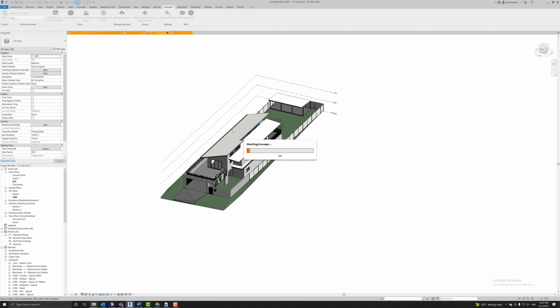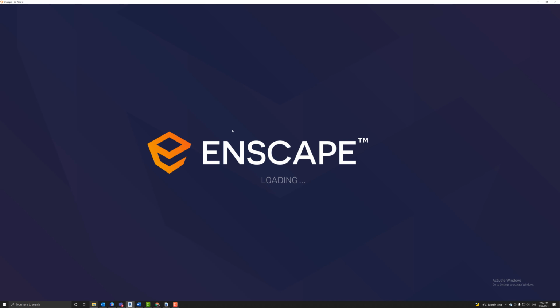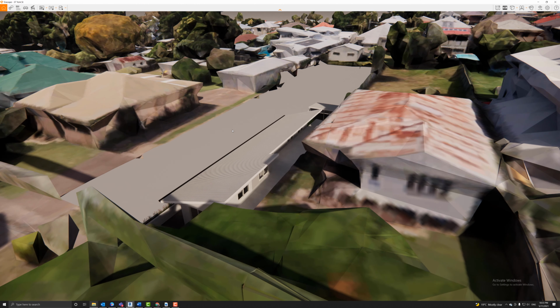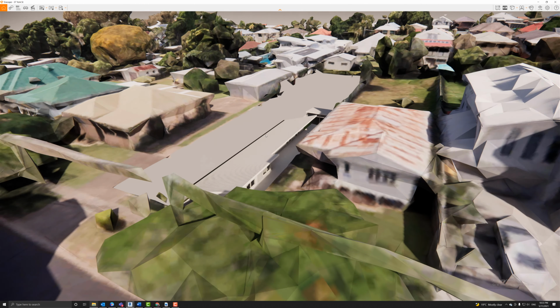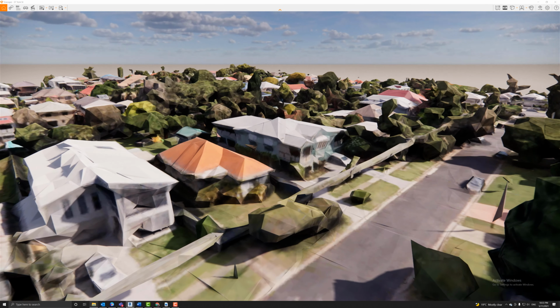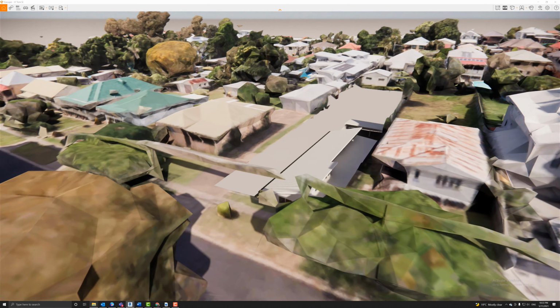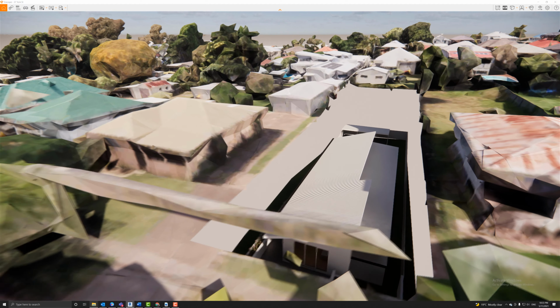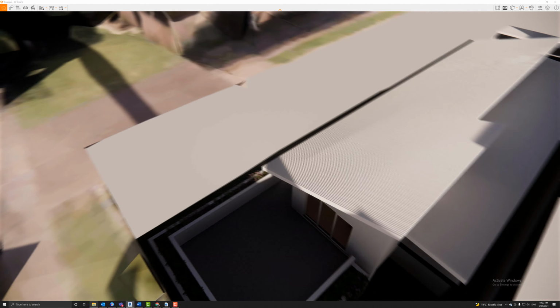Now it is a fairly big asset, so Enscape might take a little while to load depending on how powerful your computer is and how massive the site that you tried to capture and bring in is. And we have all context in Enscape. Now the height is not quite right, which I could have fixed in Blender, but one